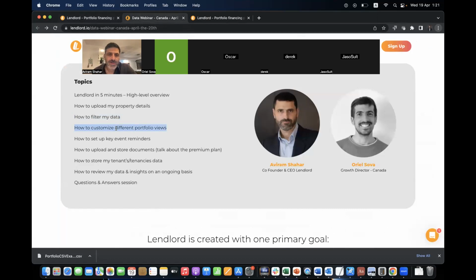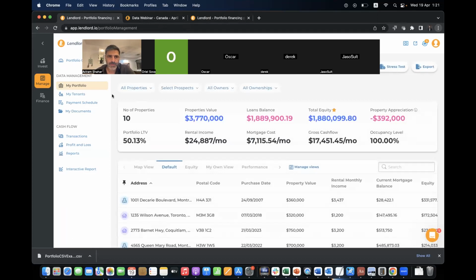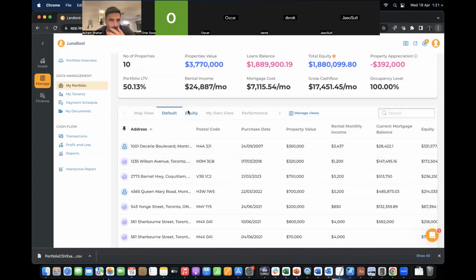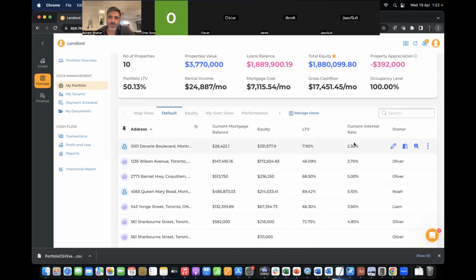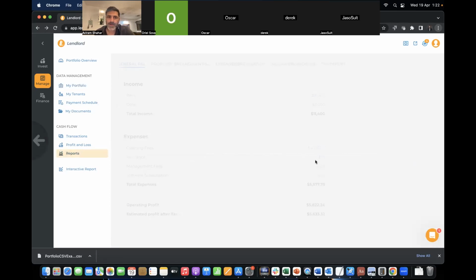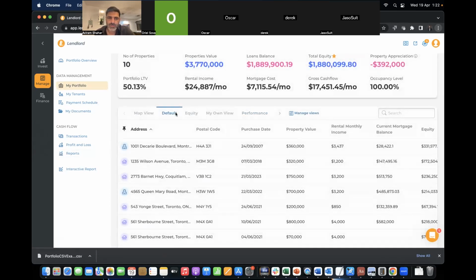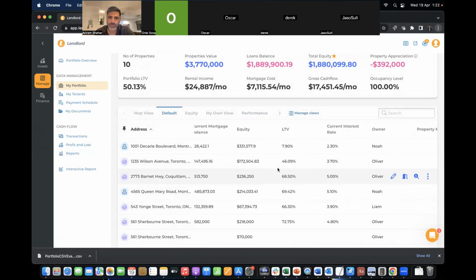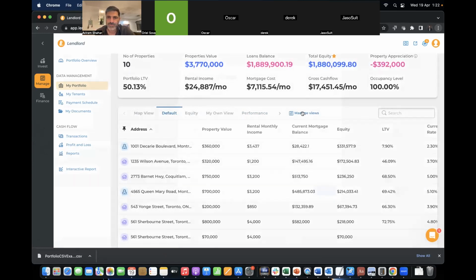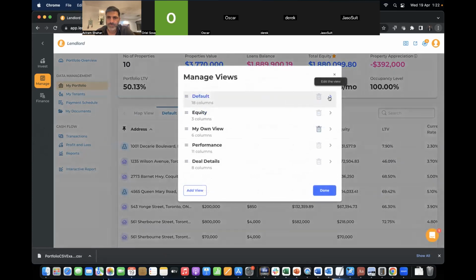So how you can customize different portfolio views. I will go back to my portfolio, and the row above the table is the views row, and here you can see the predefined views by the platform. So the default view contains important details about each property, but if you want to change the columns or to change the order of the columns, click on Manage Views, go to the default view,